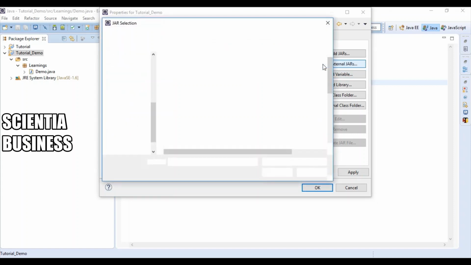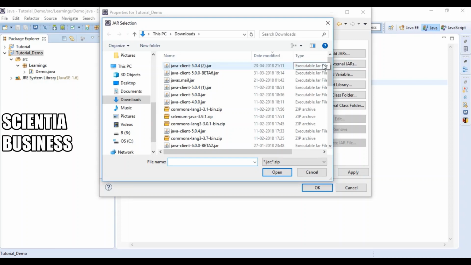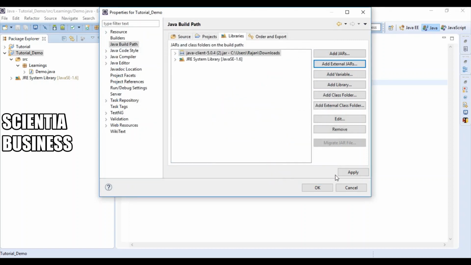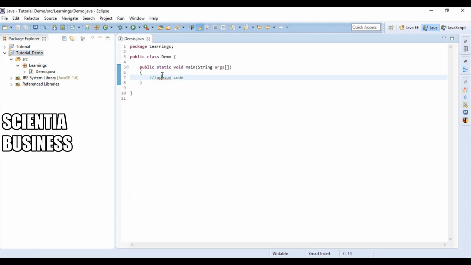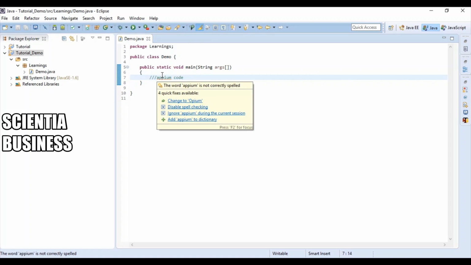Here you will be adding the APM Java client. As you can see, it has automatically been downloaded into my Downloads folder. So I'll import this jar file into my project and click on Apply. Now whatever APM code I write, Eclipse will be able to recognize it, only because I have included that jar file in my project's build path.